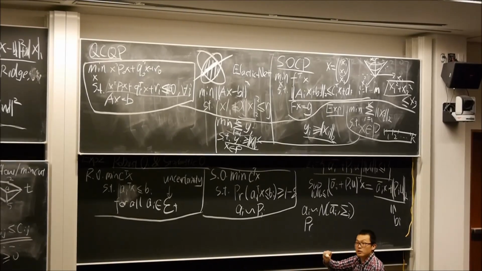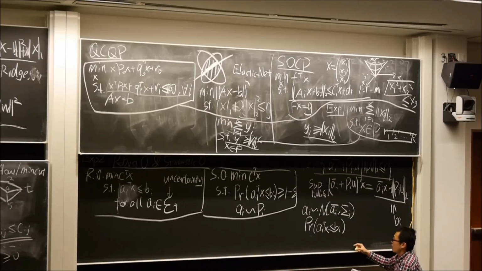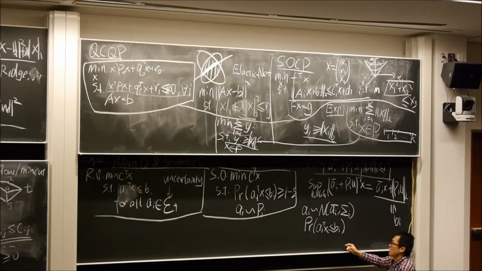Because we consider x to be fixed, the probability of a_i transpose x smaller than b_i is just a scale and shift of the normal distribution, so this random variable a_i transpose x is also following a normal distribution. So I'm trying to convince you that this thing is actually the CDF function of normal distribution